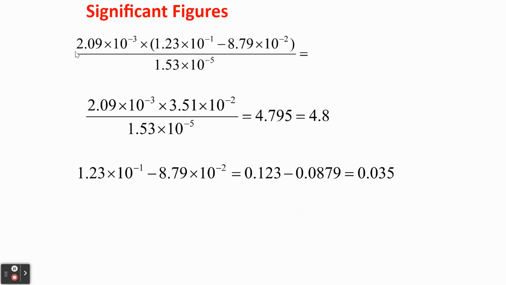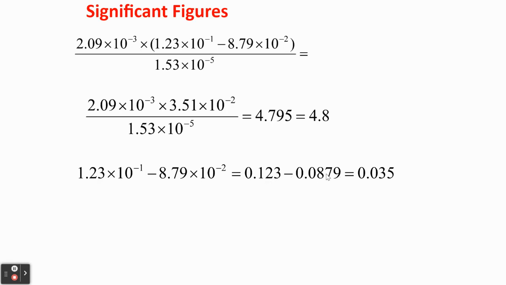So let's look at one more problem. Again, we want to focus on what's happening inside the parentheses first, and then we'll look at the total answer. So we're going to start here inside our parentheses, and I kind of pulled it out down here. So we've got 1.23 times 10 to the minus 1 minus 8.79 times 10 to the minus 2. Now, these are different exponents, so it's better to see the number of decimal places by writing them in ordinary notation. So 0.123 minus